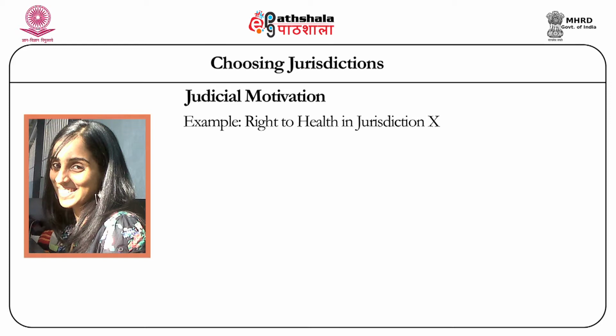Assume in a different situation that there is a fourth jurisdiction P, where P's Supreme Court has ruled that the right to life in its constitution includes the right to health. This is obviously drawn from the example of the Indian Supreme Court. If P's interpretation of the right to health bears a reasoning or context very similar to the one that the judges in X prefer, they may choose P as a comparative study rather than, or in addition to, Y or Z. So there are two big takeaways from this example, right?